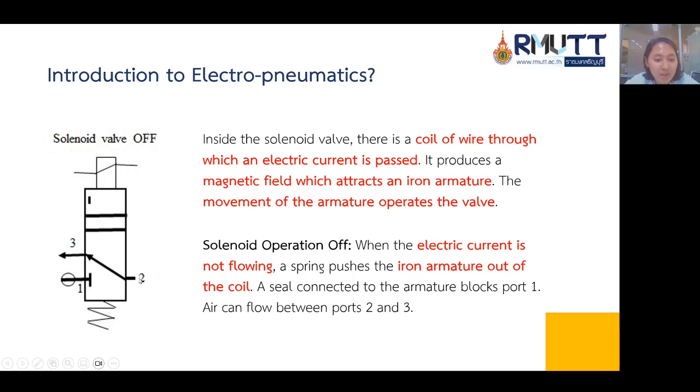In this picture, the solenoid operation is off. When the electric current is not flowing, a spring pushes the iron armature out of the coil. A seal connected to the armature blocks port 1. Air can flow between ports 2 and 3.